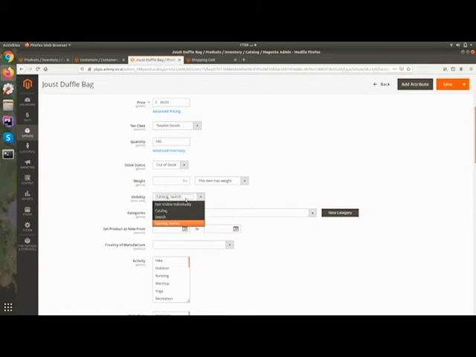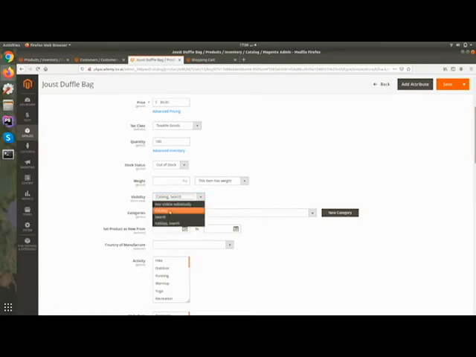You assign this type of product as not visible individually because you will assign it to a group, bundle or configurable product, and you will not display it separately on the website.